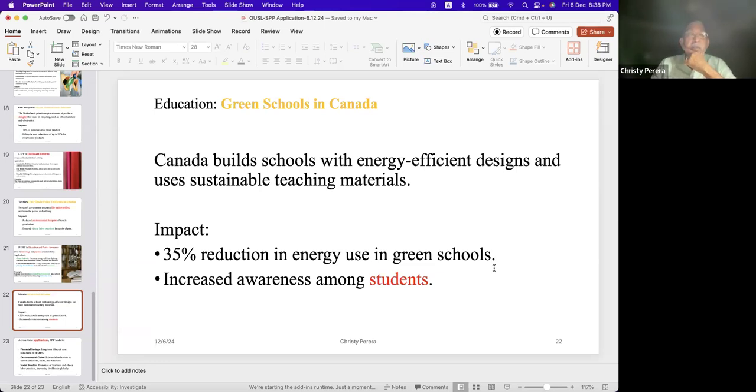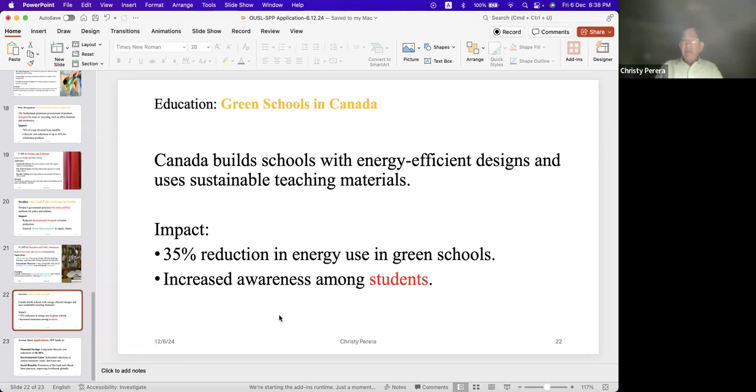Increase awareness among students. Students also get to know something like, why green school? My school is not green color, but it's called green school. Why? Then little by little, from Montessori itself, they will get used to that green. Green means not the green color. Green schools, green tubes, green pens, green papers. Normally, environmental things we call green.